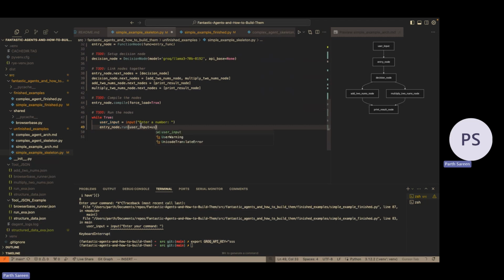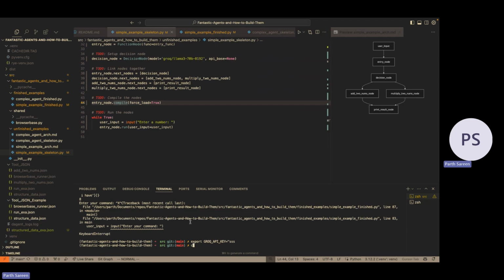Then you do have to run it with kwargs, which is your keyword arguments, so you need to say user input equals user input, so it understands how to map those two things together. My gut feel says I forgot something, so when you hit compile, we might run into an issue. But that's okay because we're going to go into the source code and fix it. Cool, so now we're going to run this code.